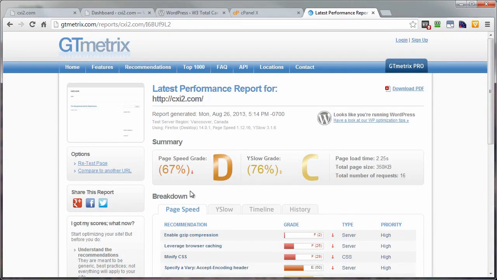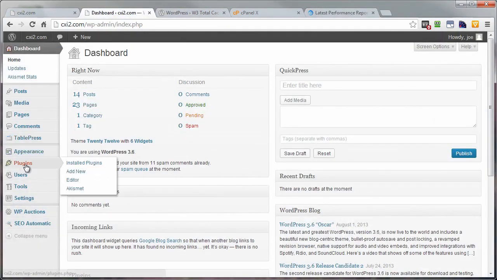There we are. Not very impressive numbers, but that's about to change. Now, we're going to go ahead and install, activate, and configure just the basics of our W3 Total Cache plugin. Come back here and click on the retest page link, and hopefully these numbers will change. Spoiler alert, it will. So let's come on back over here to our dashboard area, go to Plugins, go to Add New,